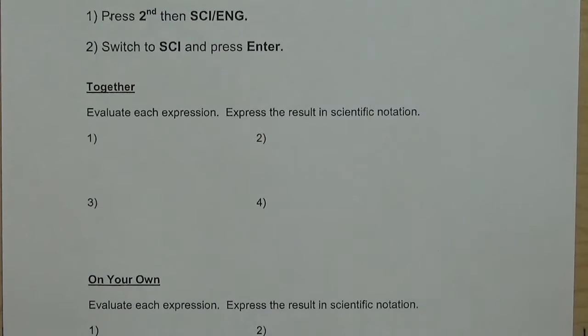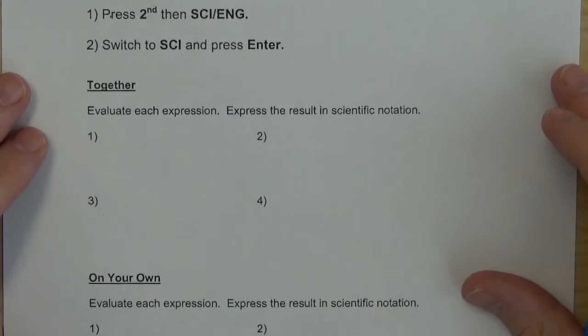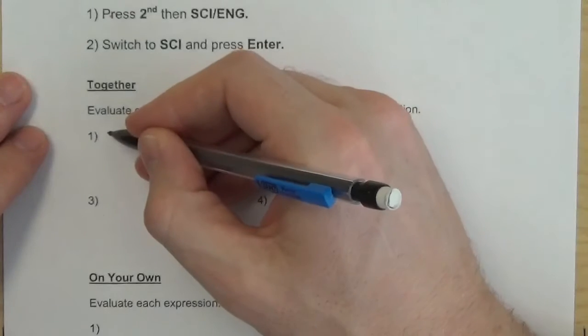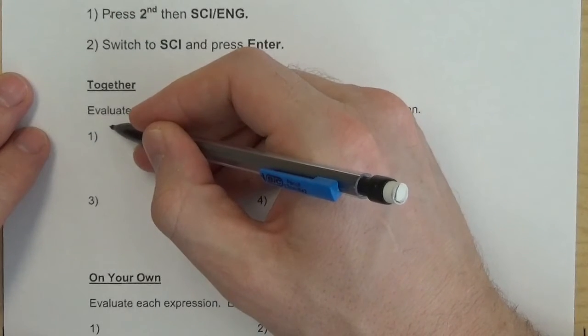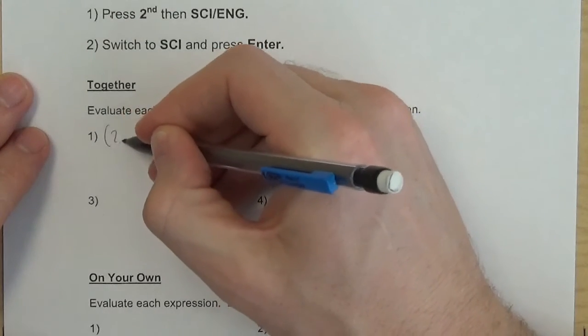and we're just going to get some practice doing this with a calculator. It's important that you know how to do scientific notation without a calculator, and we've been working on that, but it's also important you know how to do it with a calculator. And your calculator understands scientific notation in a certain way, so you need to make sure that you understand how this works. So for number 1, it's 2.6